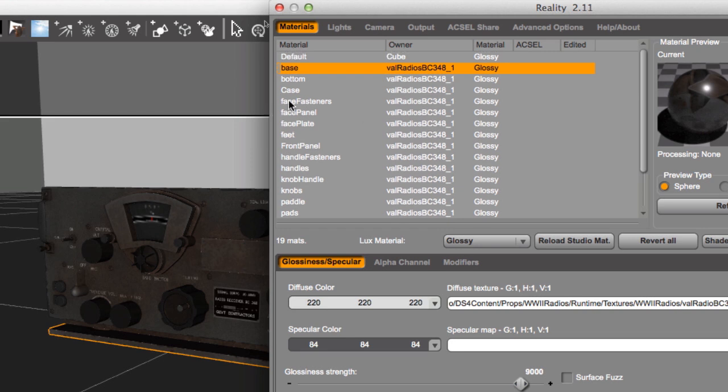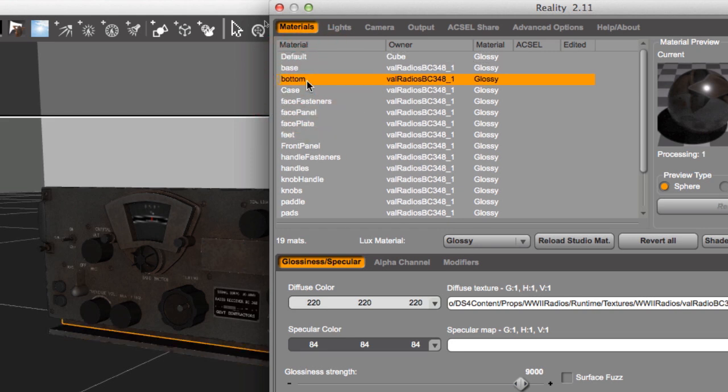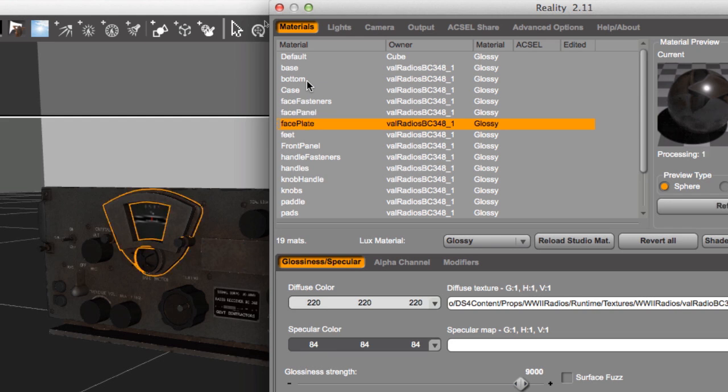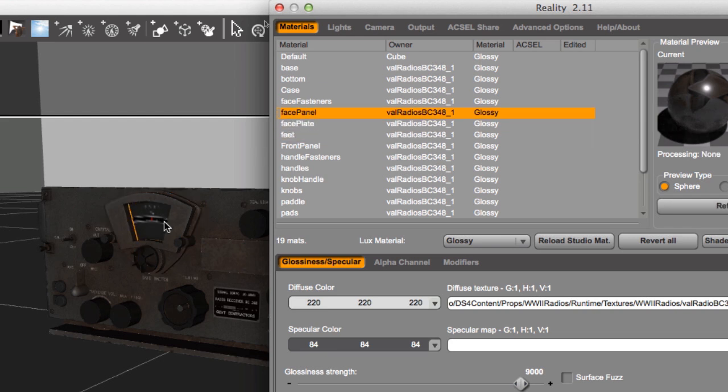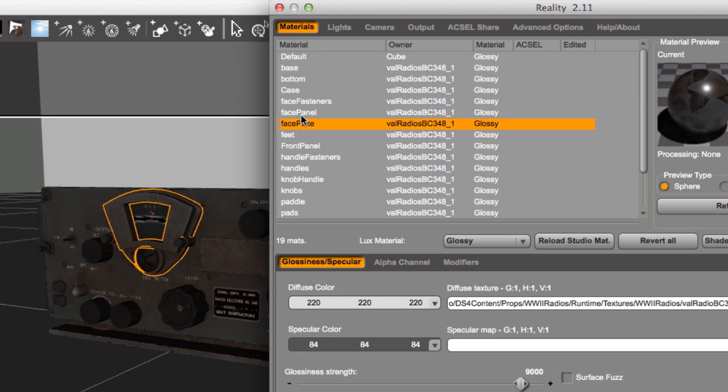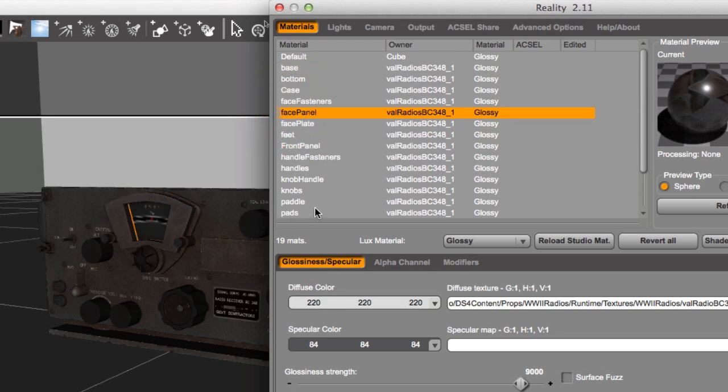Now, the vast majority of these materials are all metal. There is an exception for the face panel, because that is generally another type of material that is painted with some information about the radio frequencies. Unfortunately, this radio doesn't have a separate glass pane. Normally there would be a glass pane between the faceplate and the face panel. Unfortunately, it's not part of this model. But anyway,